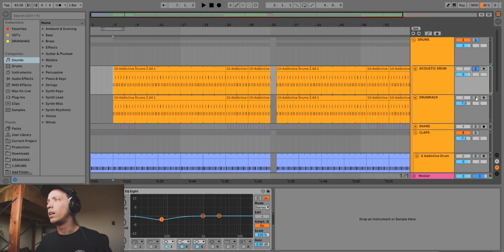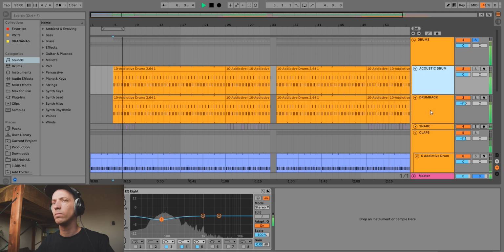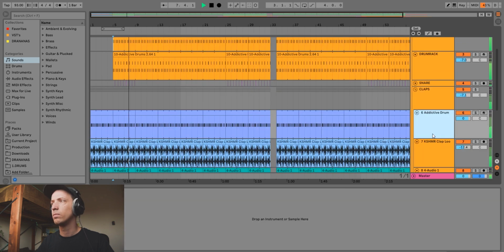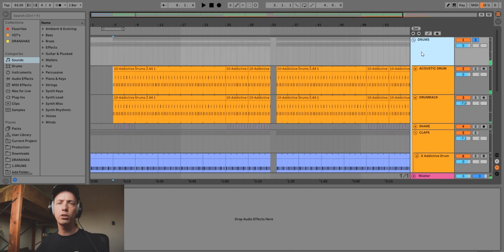I added an electronic kick to give it more oomph, to give it more punch, to give it more bass. It sounds like this. The processing on that is extremely simple. I cut off a bit of the lower end to give more room to the electronic kick. Together the drums sound like this. The drums are actually inspired by a groove I heard in a song called Someone Like You by the Somerset,